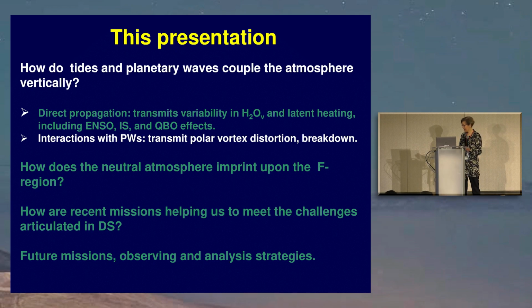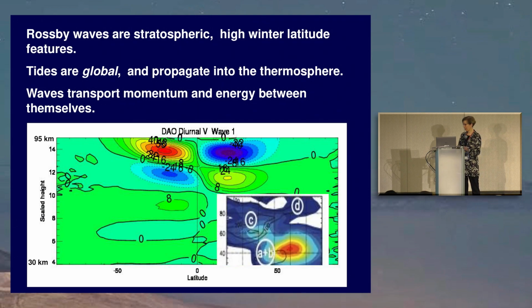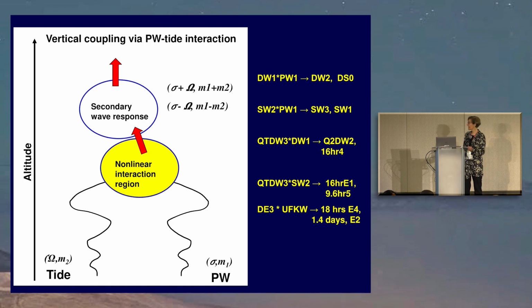So I commented that planetary waves do not propagate much above the stratosphere, generally speaking. And if you can't propagate upward yourself, then one other way to get upward is to get hitched to something that can. So planetary waves can start nosing into tide territory, into vertically propagating tide territory in the stratosphere. And they do get quite strong. So that sets up the possibility of nonlinear tide-planetary wave interaction, which, if and when it happens, produces a whole spectrum of tidal multiplicative responses, child waves, I kind of like to call them. The possibilities are mathematically infinite, but I focus on one that we were able to observe